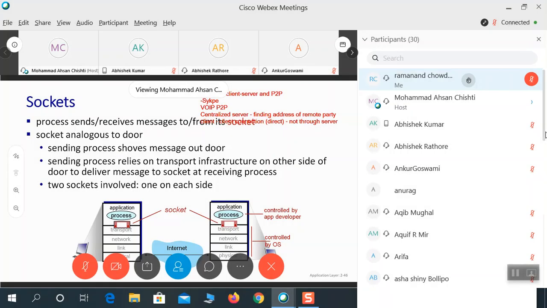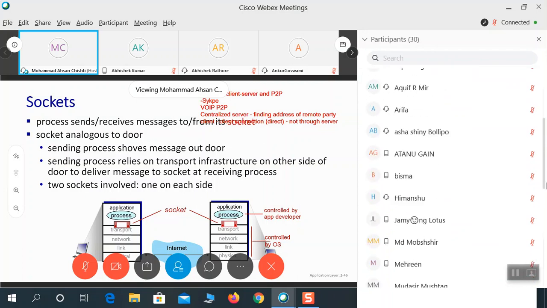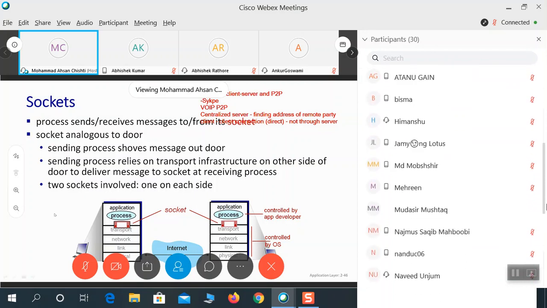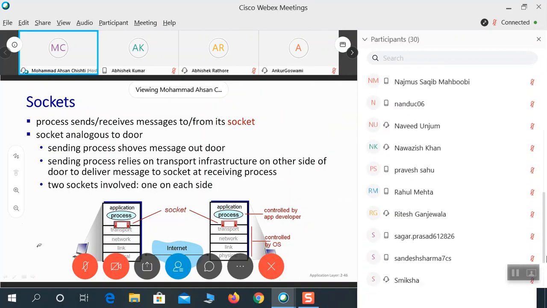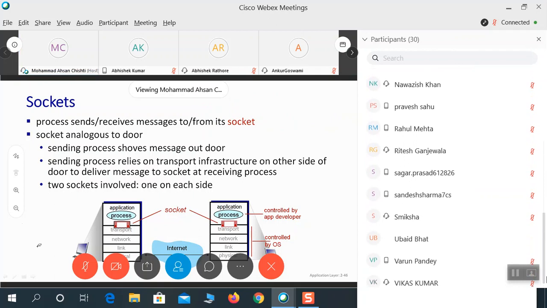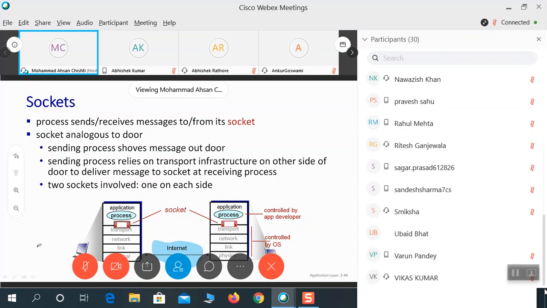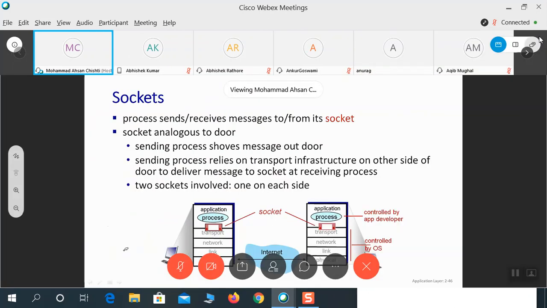So the sending process sends out the message through the door, then it would pass on to the underlying process. It's like process gives it through the application layer to the lower layers as is shown in the figure here. In the receiving socket, the socket receives the data and then pushes this data onto the application, that is the receiving application.